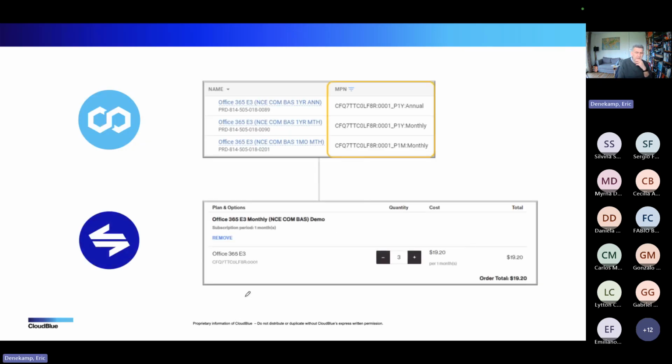So this is how we see that. I already showed you that in the UI. In this case, we have the base MPN here. We have a subscription period of a month. So we are doing this one. Why do we do this one? Because that is the marker that the subscription period mandates. And of course, eventually, that comes with a price. So this is the import. All this happens when you import a new product from Connect using Product Lifecycle Manager.